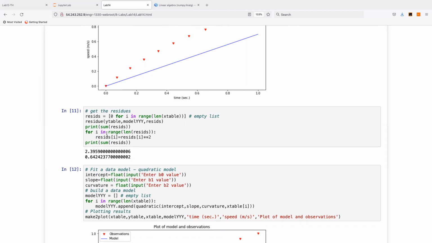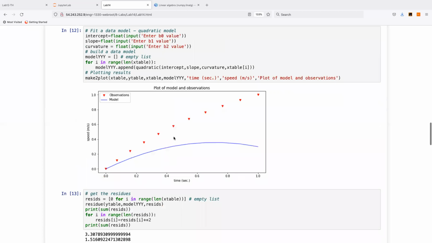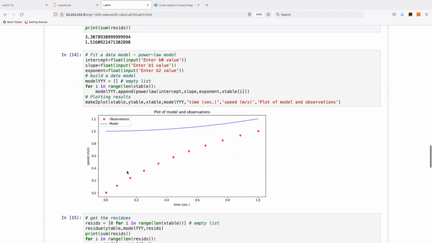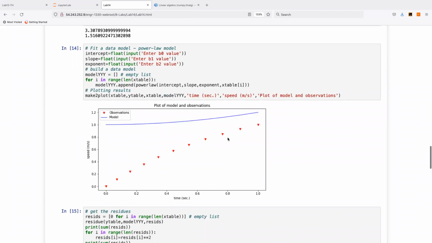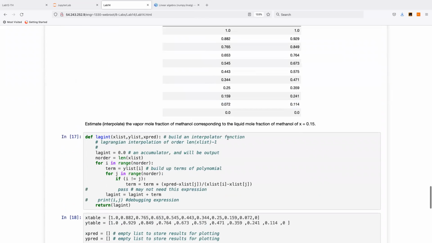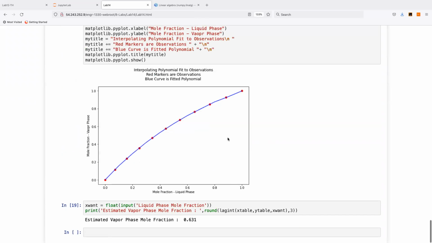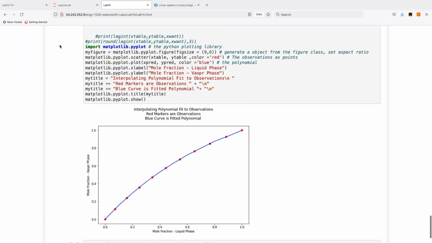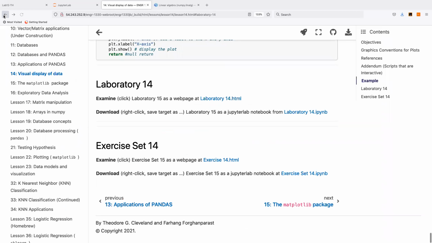And what you ultimately will discover is these ones that have curvature in it, you can probably make fit the observations better. And then you have an exercise, another example. That's actually a whole different context. And then the exercise associated with it